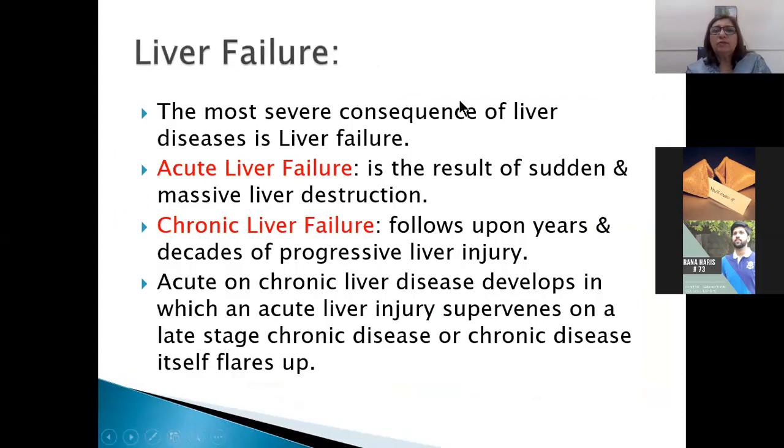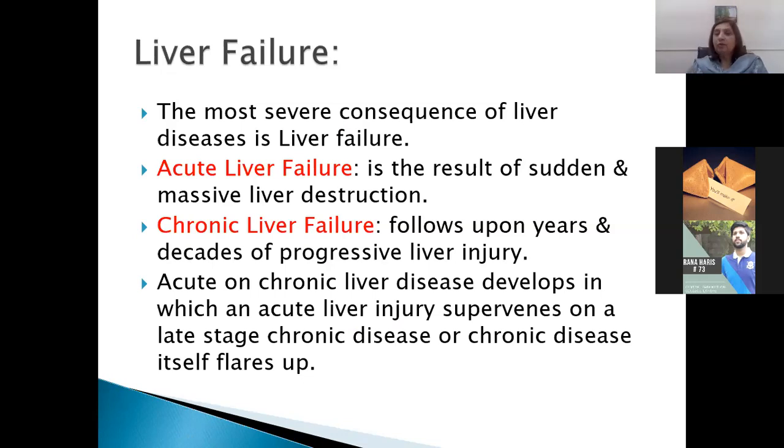So now we are going to do the liver failure. The liver, as you know, is a very big metabolic organ because you have already had 2 lectures and you have already done most of the liver function tests. So we are going to discuss the pathology of the liver one by one. I'm going to start with acute liver failure, chronic liver failure, and portal hypertension, which are 3 components in this lecture, and in the next lecture we are going to do hepatitis.